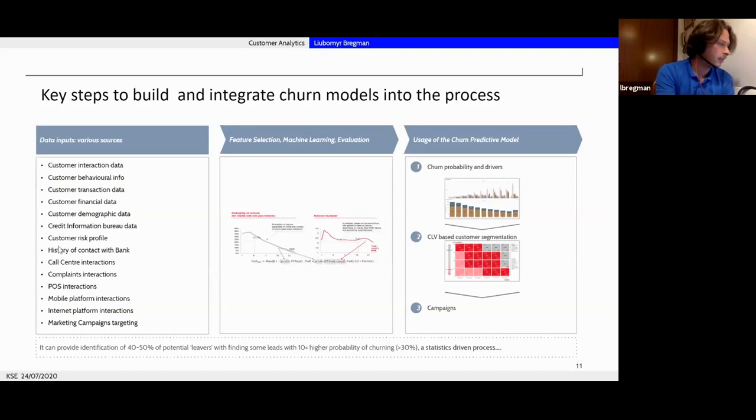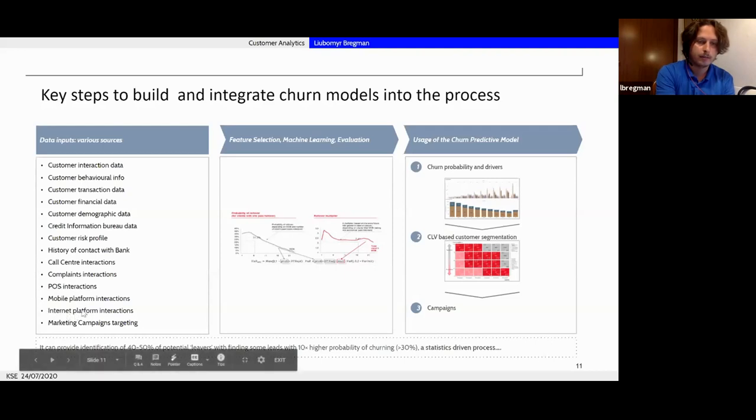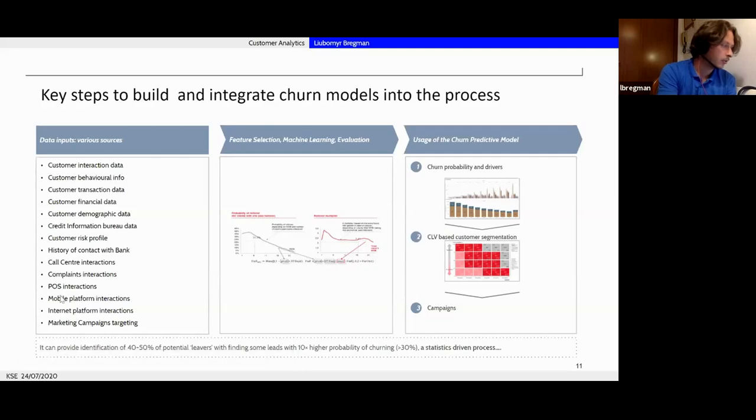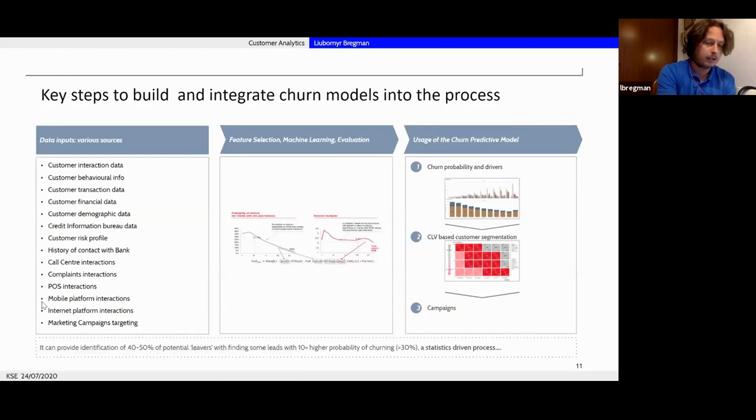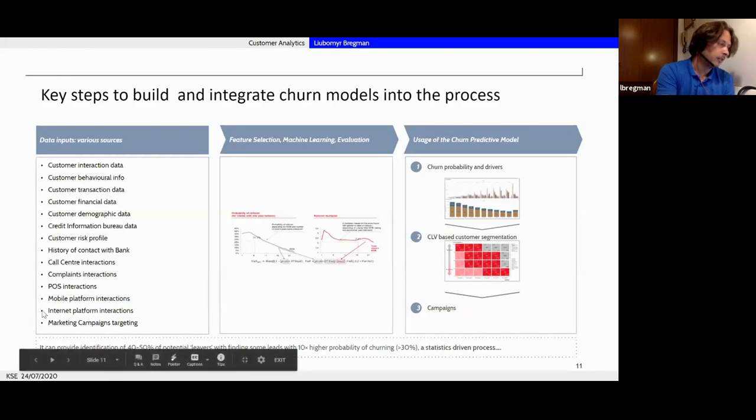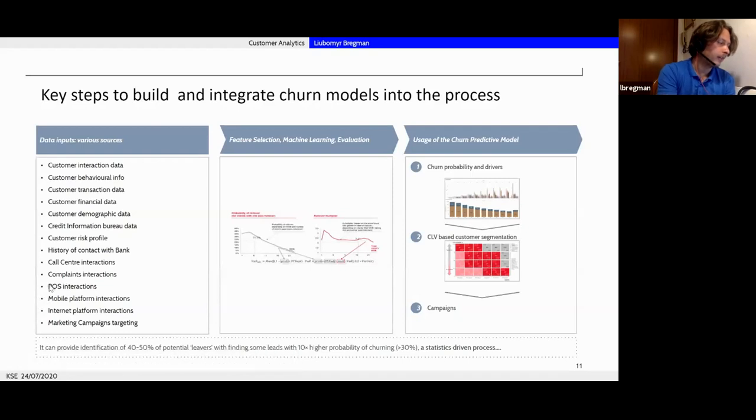So, call center interaction, point of sales interaction, especially valid for some local shops or retail and so on. Then mobile platform interaction: if the business has a mobile app or web service, this is all trackable and easy to use for a channel analysis.